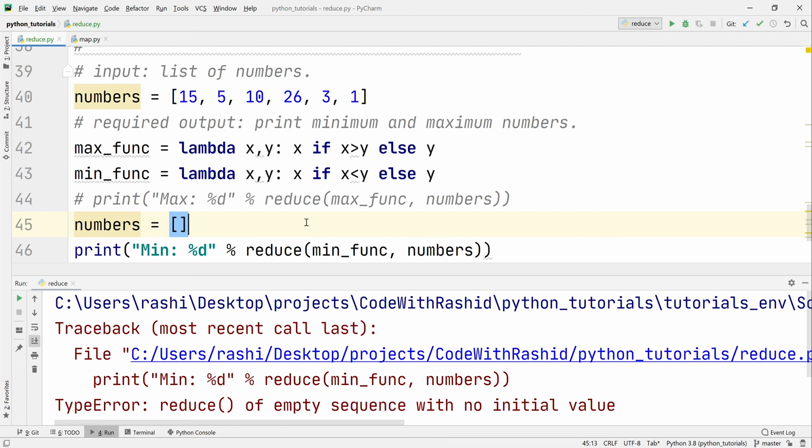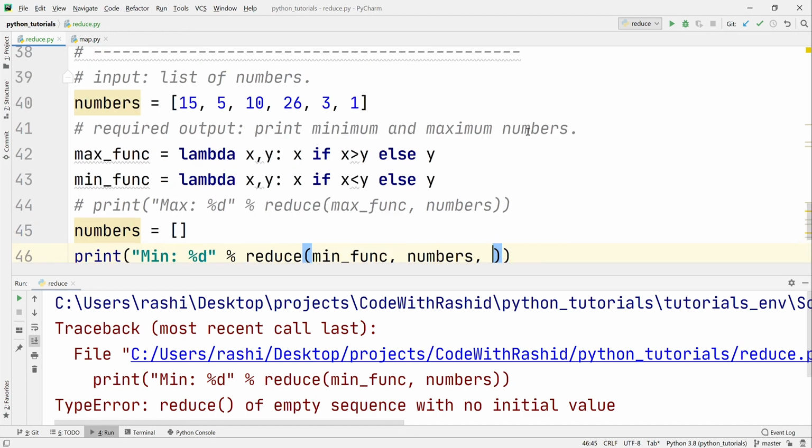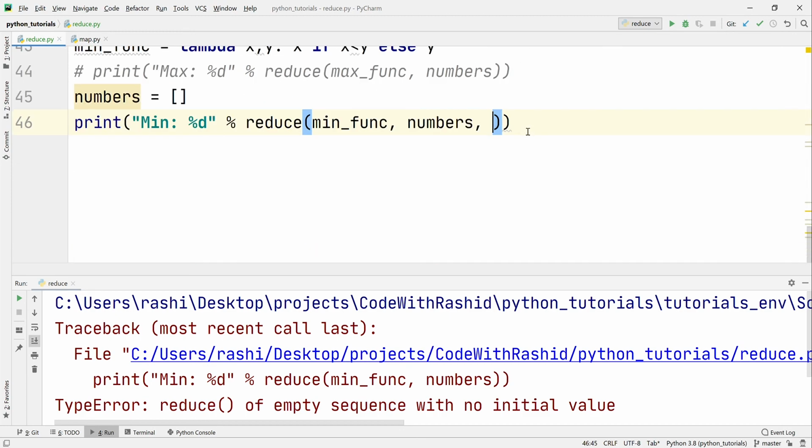To handle this situation and to get rid of this type error exception, we can do one thing. Instead of passing these two required arguments, we can pass the third argument, that is the optional initializer. I think that is the argument name. Yeah, that is initializer. So we will pass the value of 0 here, let's say.